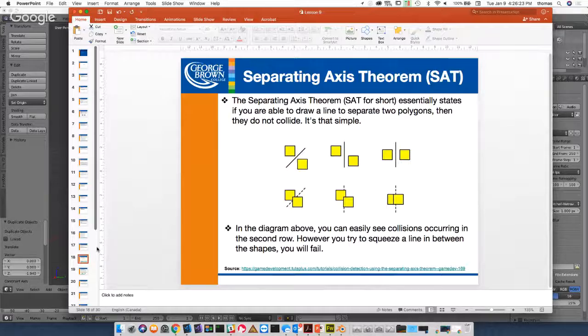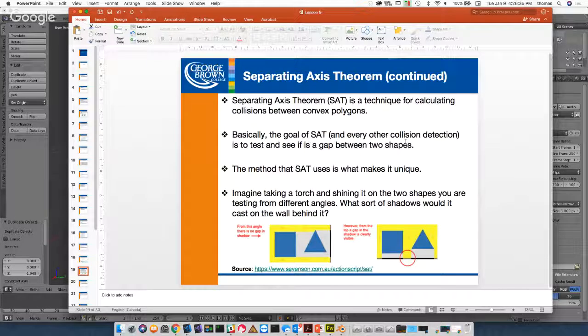Imagine if you took this into a 3D space. Each side is not a side, it's a face. Now you're separating faces, the face normals, as opposed to the sides. In this particular case, it's just 2D. Okay? So the way they explained it here on this website, which I found explains it really well,